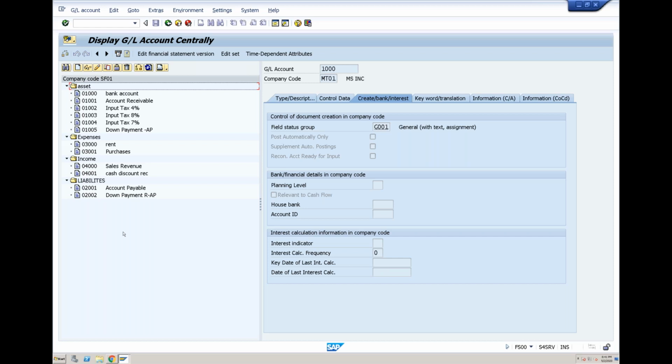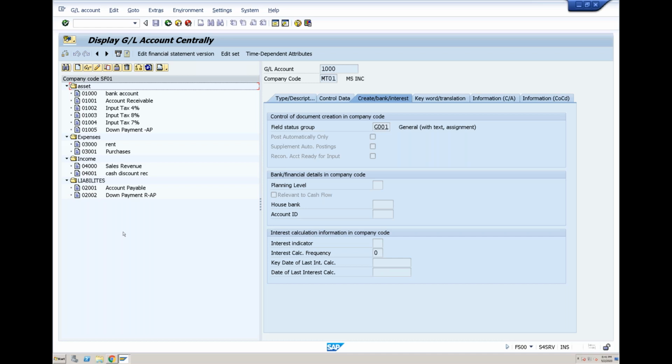So if you get time, maybe you can try to create cost centers and profit centers for your company code. Tomorrow we will discuss a little, small part of field status variant. It is not a big part, but I want to tell you that. Once you have done cost center and profit center, then good. Otherwise, we will continue to create cost center and profit center for MT01. So once that is done, we will be ready for document entry